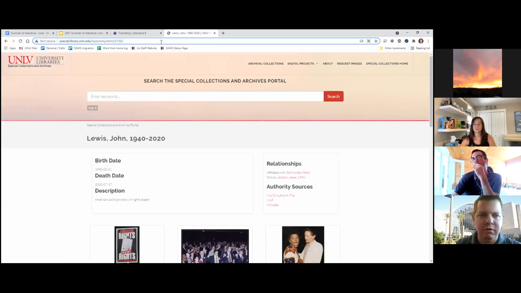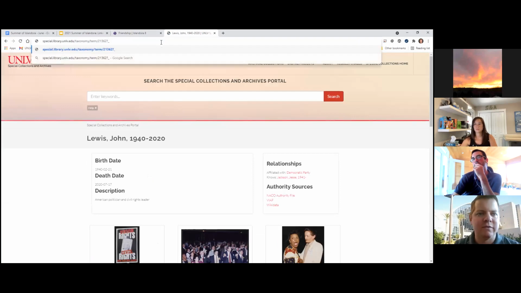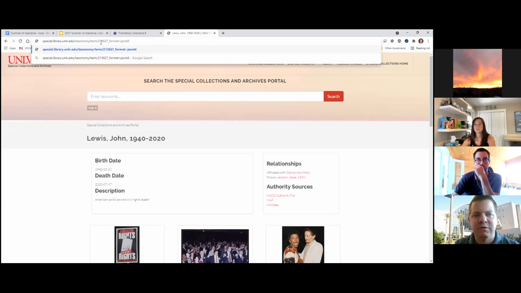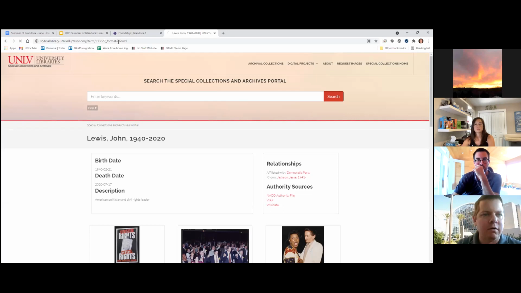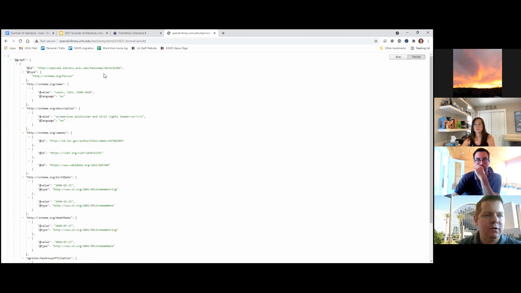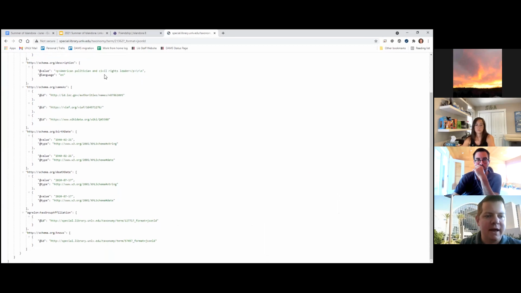And for those who don't know, you can add this little magic phrase at the top of it. Go to a URL and add the underscore format equals JSON LD parameter, query on it. And this will give you the metadata as it looks when it's sent to Fedora. So we have his name, John Lewis, schema description, same as these others, birth date, death date, has group affiliation,